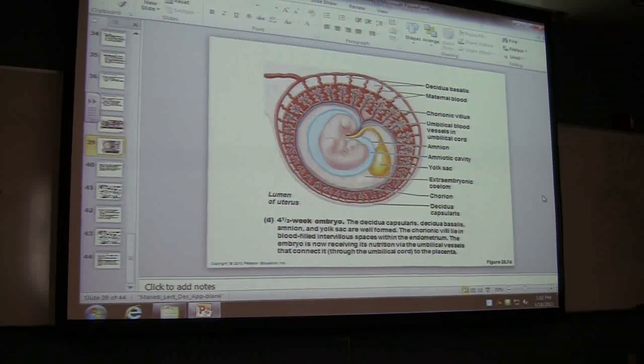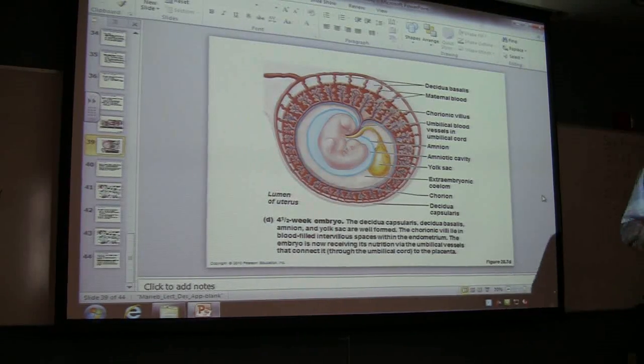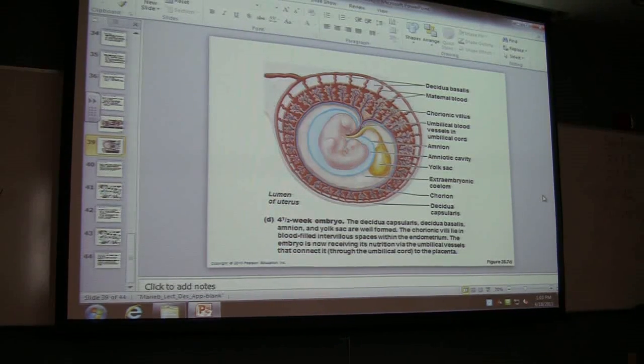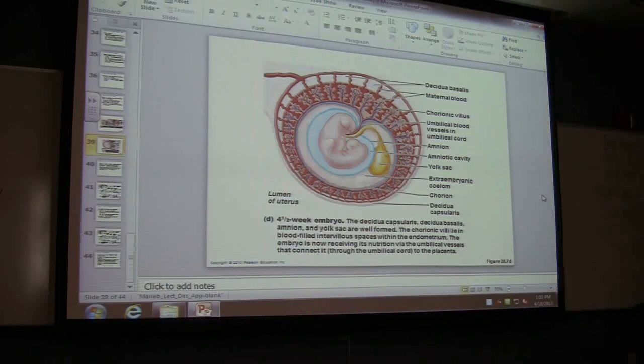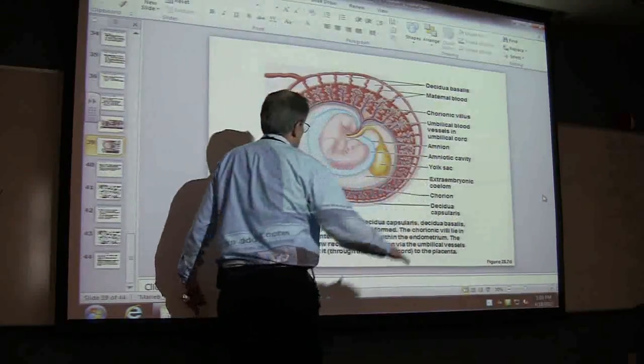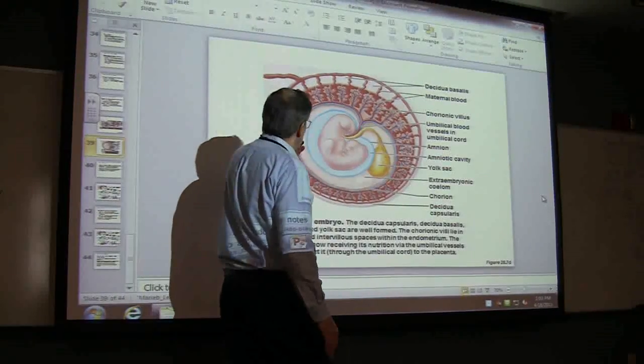Eventually, of course, now, I want you to know those extrinsic membranes. There are four of them. The chorion, and the chorion develops from the trophoblast. The chorion is also going to form part of the placenta, which we can see right here. And you're going to have folds of the chorion, basically,